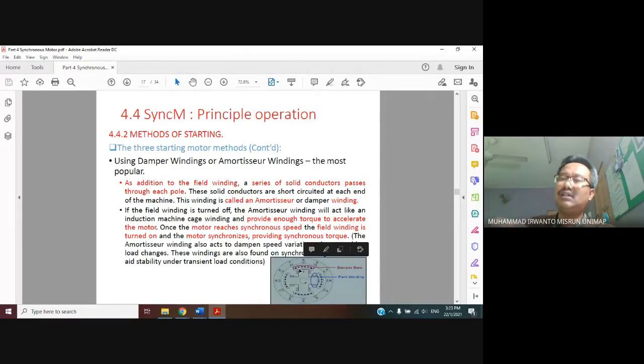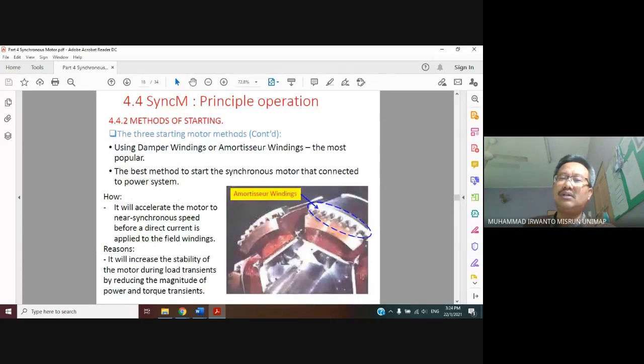When the rotor winding is flowed by the current, it produces the magnetic field, and the bar is also parallel here, so it can help to start the rotor moving. The construction can be seen like this. This is the pole of the rotor, this one is winding, and this bar is what we call the damping winding.